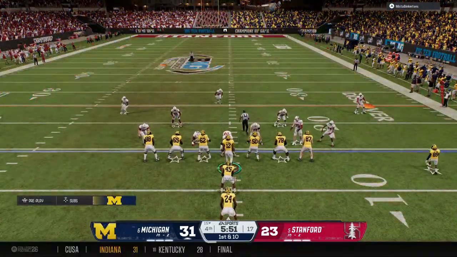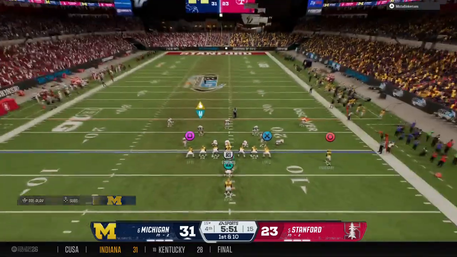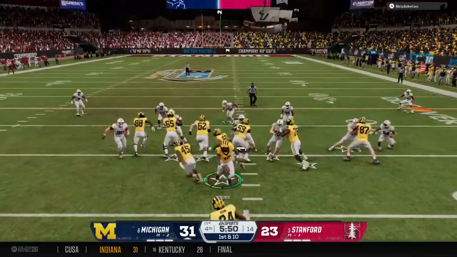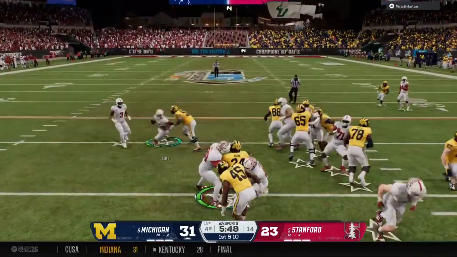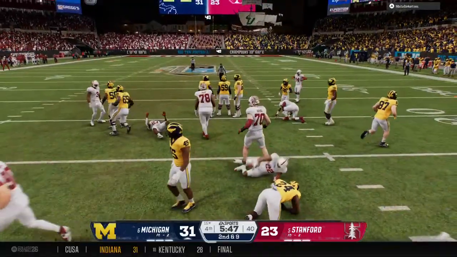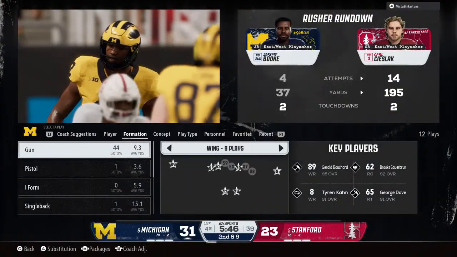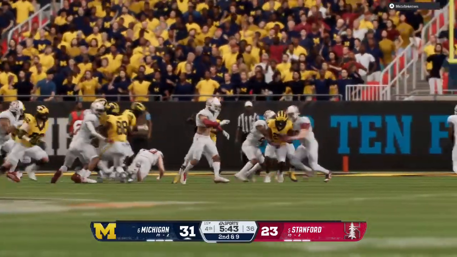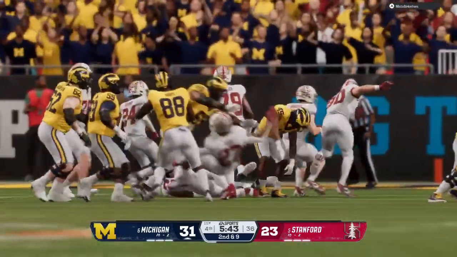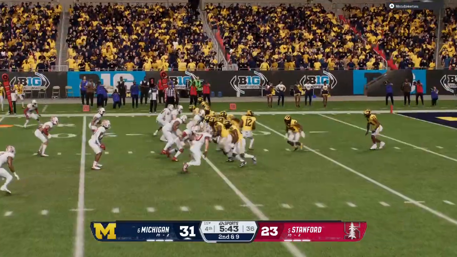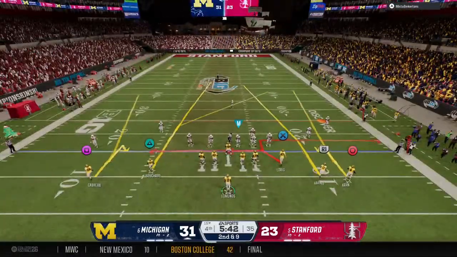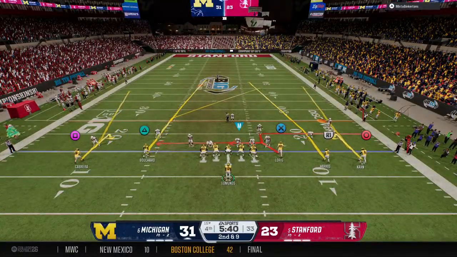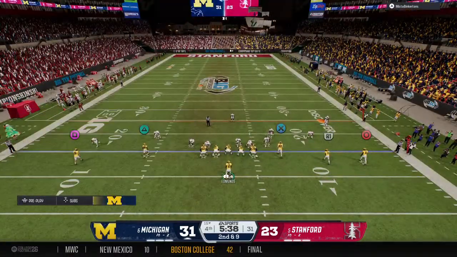Wolverines offense is back on the field. They were forced to punt it last time. Now they're looking to respond and add to this lead. And they try to run inside, but nowhere to go. Well, that's an excellent effort here by this defense, staying in their run fits. They're holding their own at the line and making the tackle. The offense just couldn't get enough of a push to get anything going there. Second down after that run on the previous play.